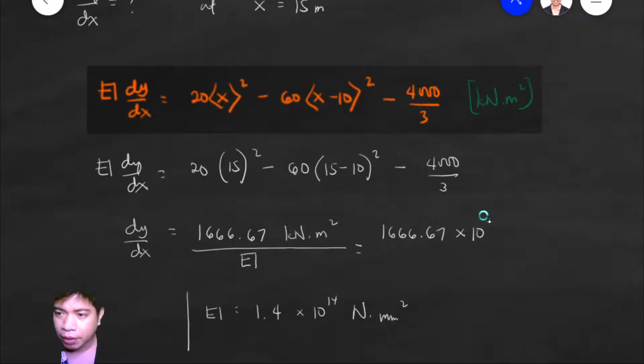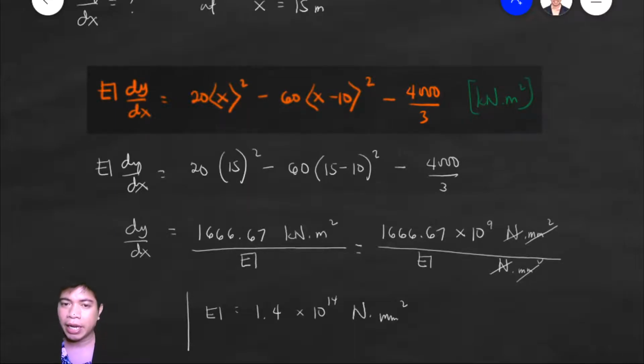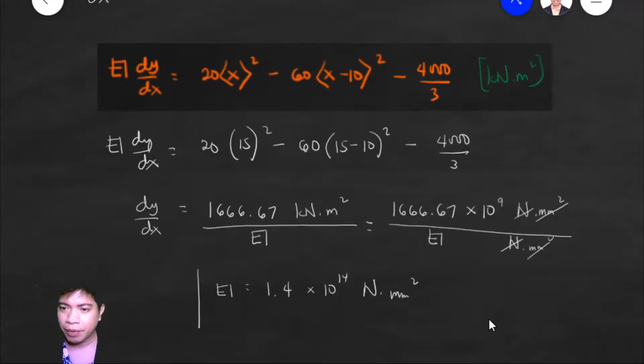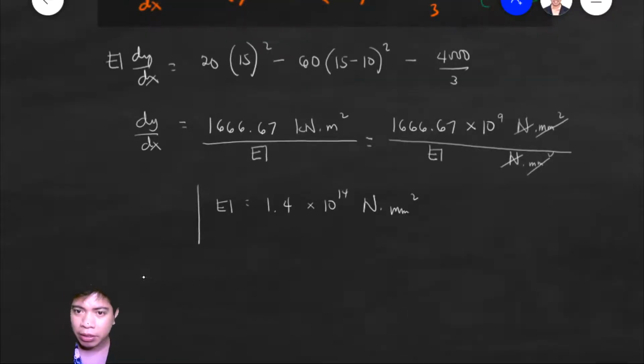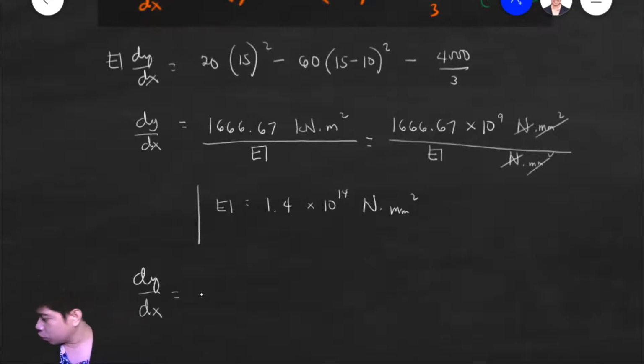Tapos, okay, this is a Newton square millimeter. And of course, divided by EI, na yung ating unit nga is Newton square millimeter. Okay, so cancel yung ating Newton tsaka square millimeter, kaya nga radians yung ating magiging unit dito. Okay? So ayun, so ating lalabas na sagot guys, dy over dx is equals to, this is